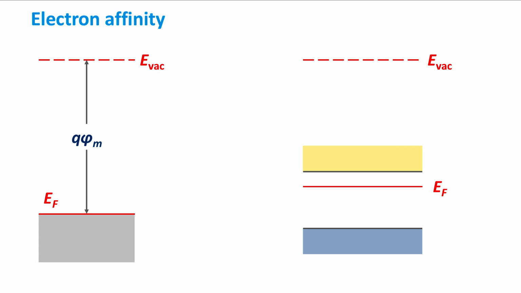In this slide, we have lined up the band diagrams of the metal and semiconductor along the vacuum level. For semiconductors, the definition of the vacuum level is similar as for metals, namely that energy level at which an electron released from the material has no interaction with the semiconductor. Also for the semiconductor, we can define a work function as the energy difference between the vacuum level and the